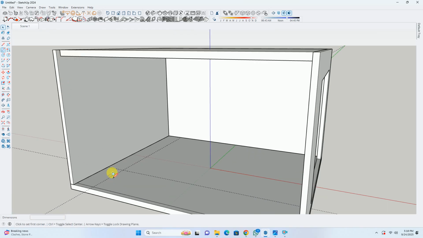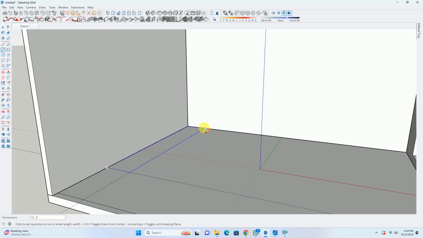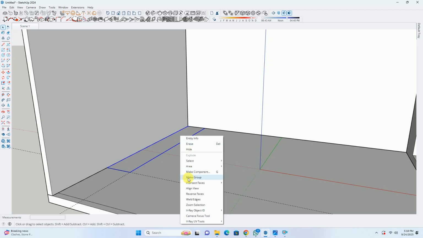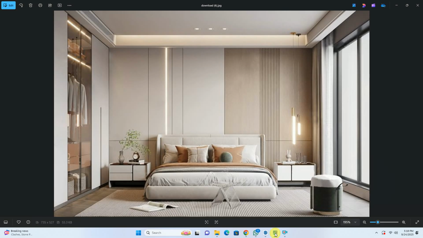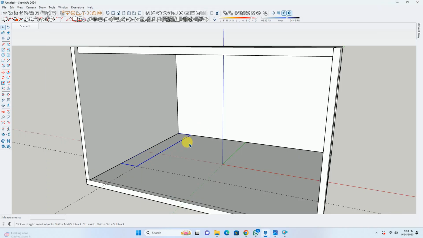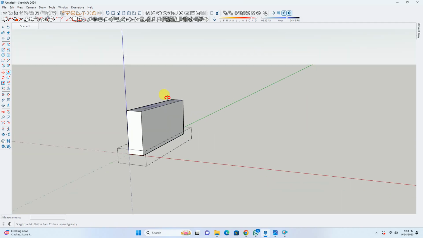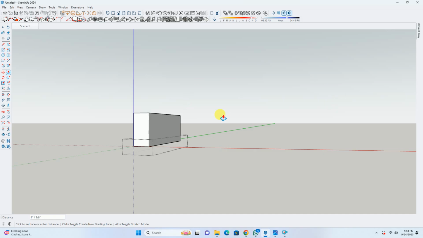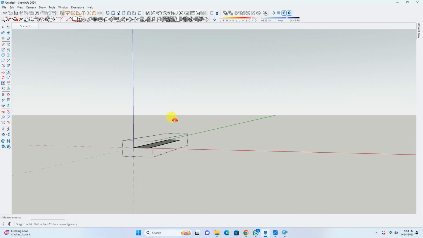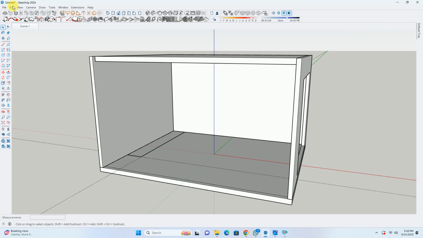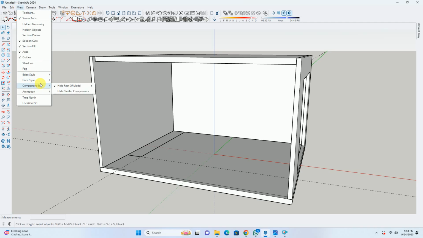Okay. Now we'll go to rectangle command. We'll create a rectangle for first corner this and second corner this, and we'll convert it into a group. Okay. Now we can see that the wardrobe height is up till here only. So we'll double click on this. We'll go to push pull command. Now I want to see other elements also. So for doing this, we can go to this view option, go to this component edit option, and we can make it off.